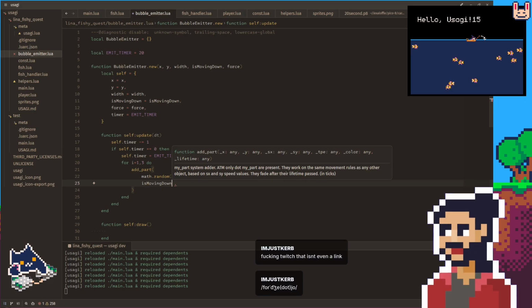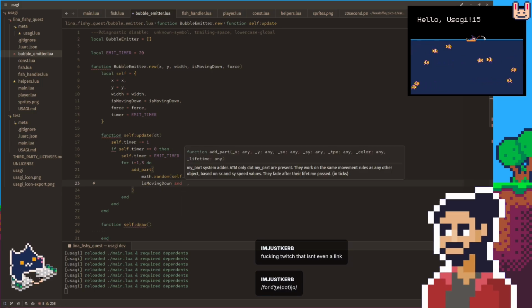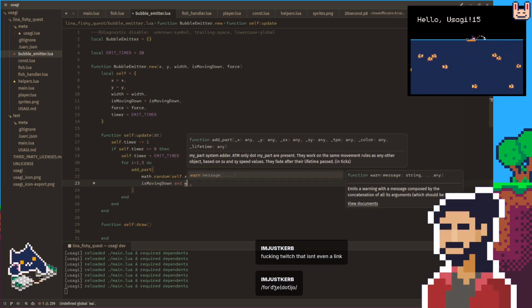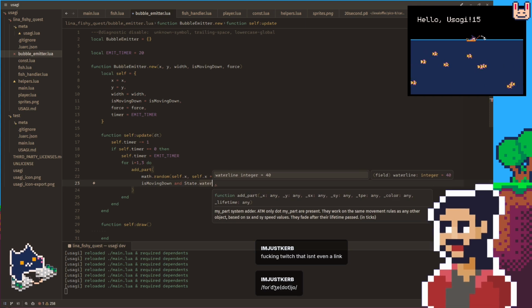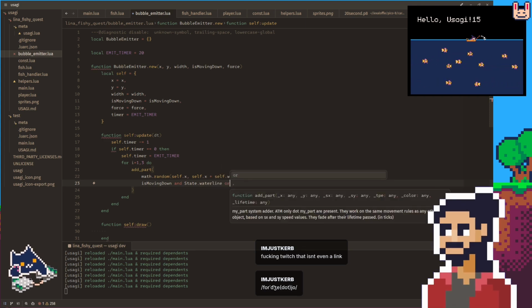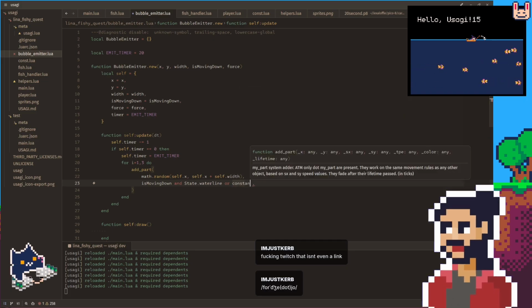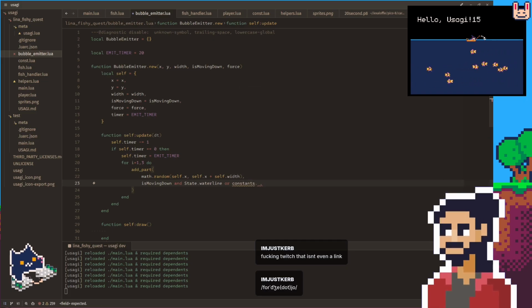Is moving down. And so this is water level. If it is moving down, stay dot water line, or constants dot